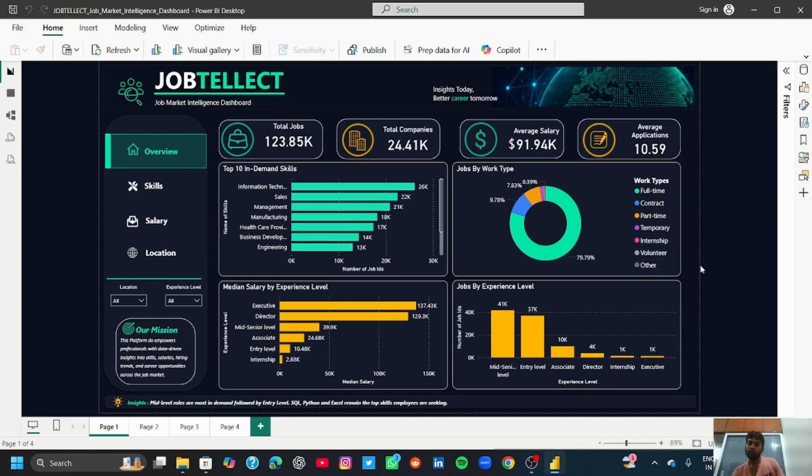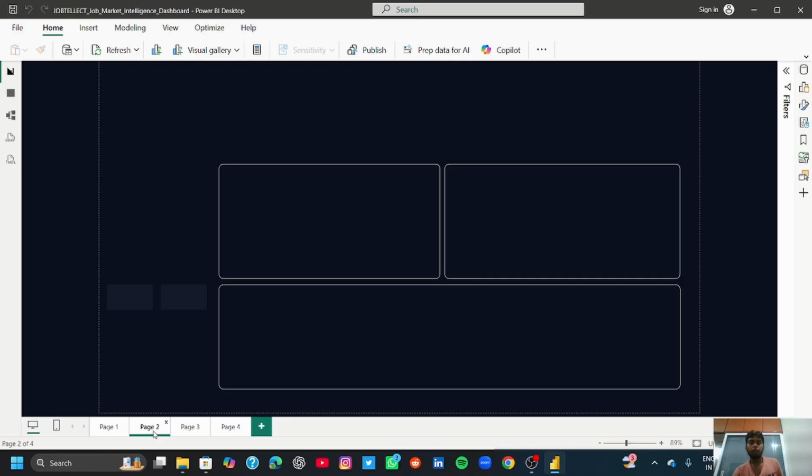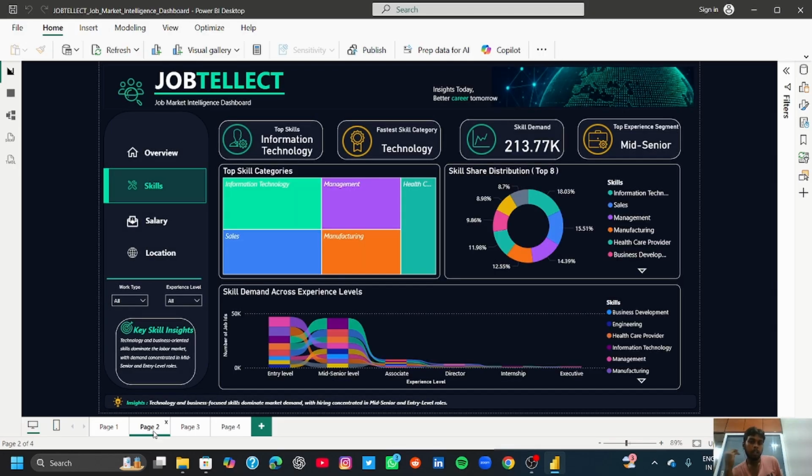The main insights which we get from this page is that the mid-level roles are the most in demand, followed by the entry level here. And also let's go to page 2 here. Page 2 mainly talks about the